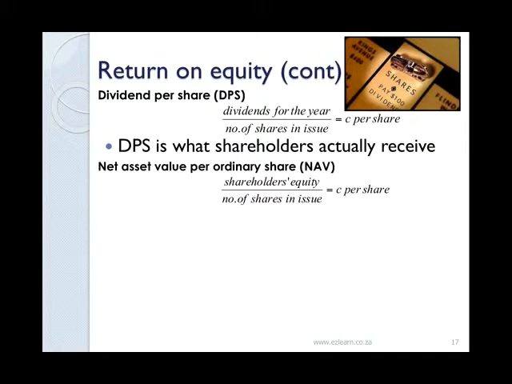The net asset value per share is calculated by using your shareholders' equity divided by the number of shares in issue to give you a cents value per share. This calculation is not really used much in practice, as in reality, the figure for shareholders' equity on the statement of financial position is based on a number of figures that might not be completely correct, such as